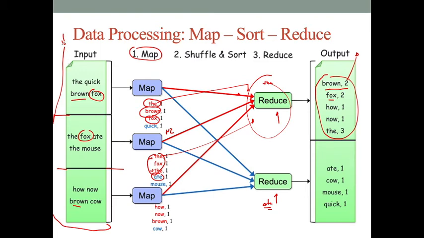Remember, it's quite simple. We have the input file, which is going to be just a set of blocks. We're going to have one mapper, which is exactly the same program that is going to be running in parallel in different nodes. And that mapper is going to be generating key values. In this particular case, the key values are going to be the word and one, the second word, and so on and so forth. That really depends on your particular application. If you need to do something else, you have to implement this in a different way, but you need to follow